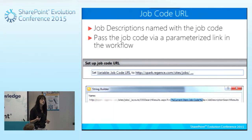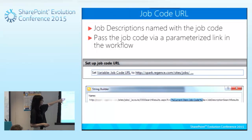So what we did, instead of actually bringing in the PDF document to attach to the file, we just created a variable or a string with some variable information. In our master file, we know what the person's job code is. On our job description, we name all of our job descriptions with that job code. So what we did was we created a job code variable for the URL that says, go to this site,